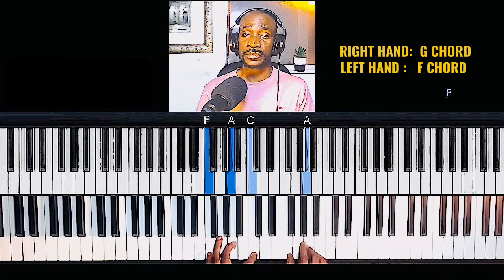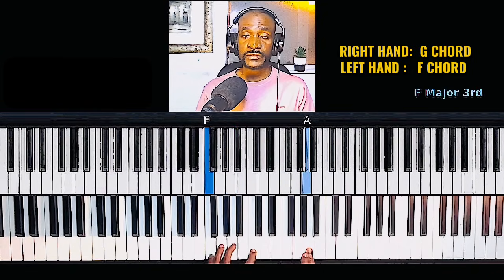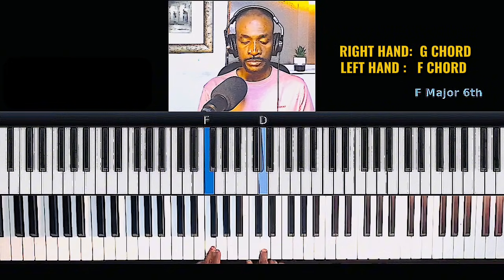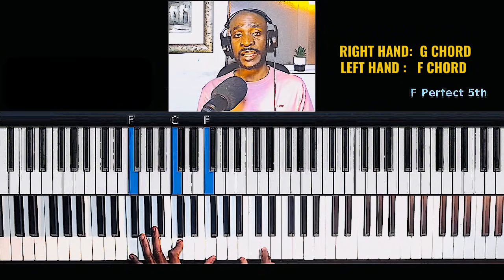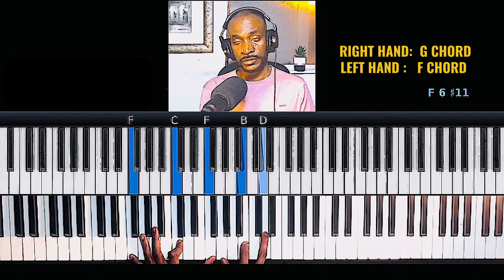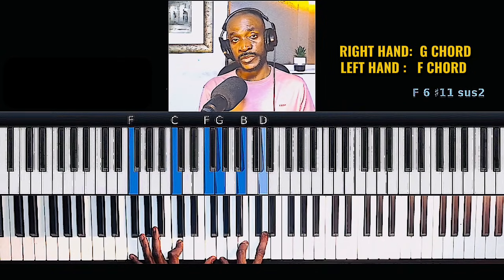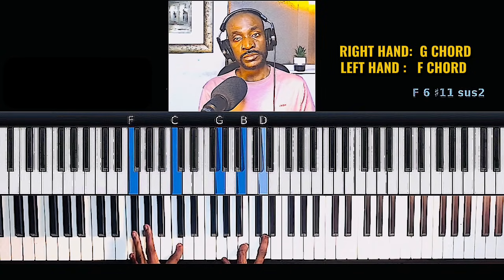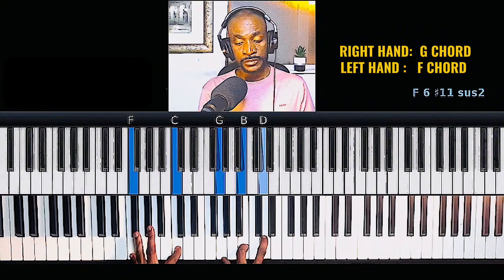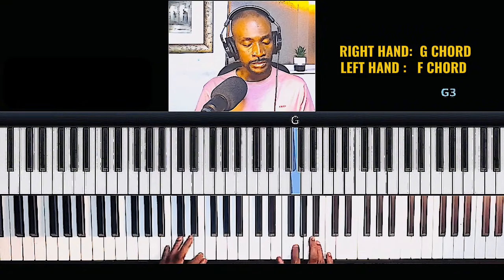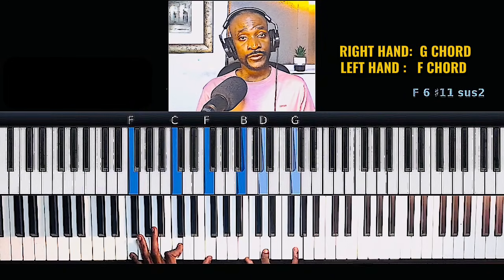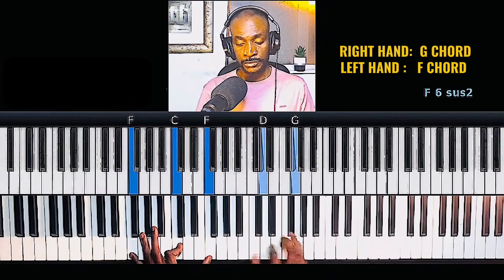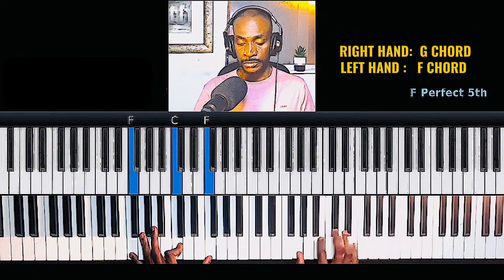This is F, the third of F, but I'm still on the F here, but here I have G. That gives me a sus chord. This is a sharp 11 that we have. I can also invert the G, you know, and then